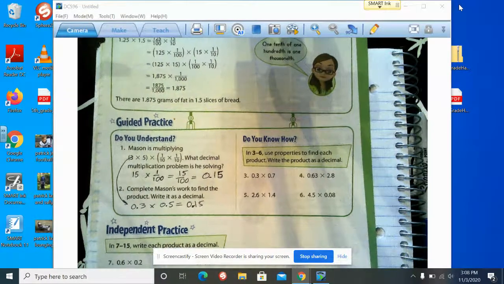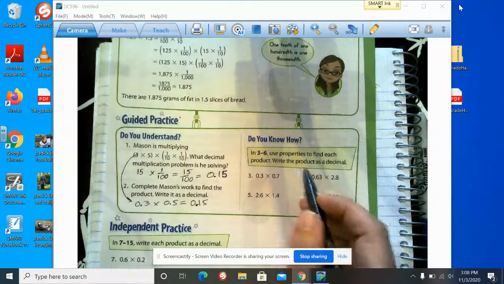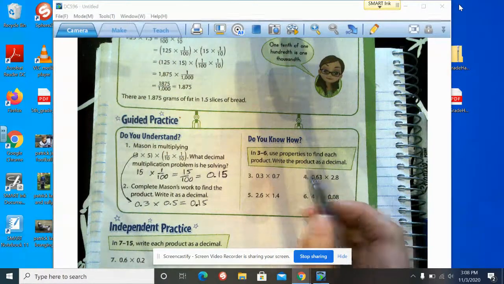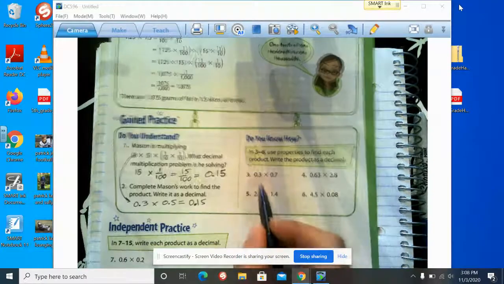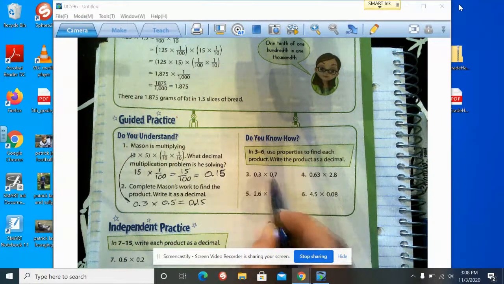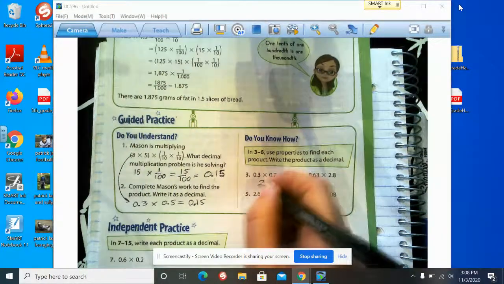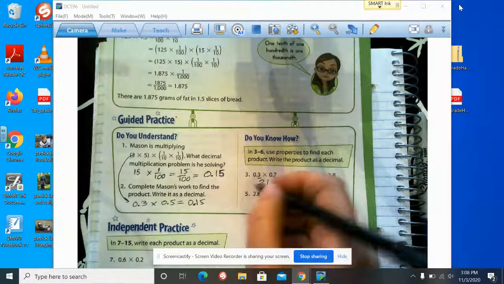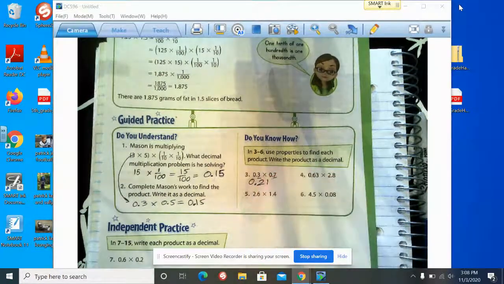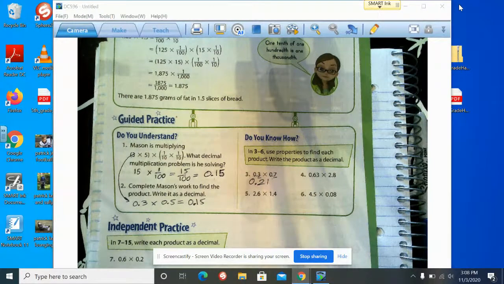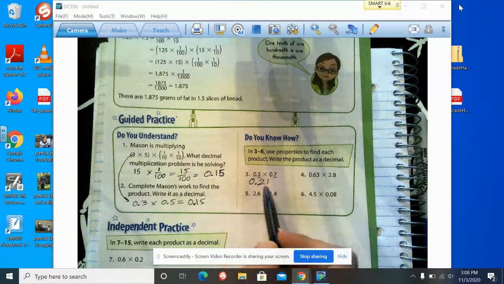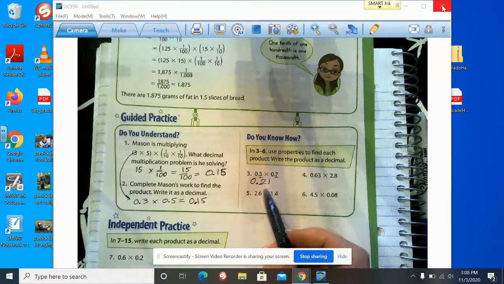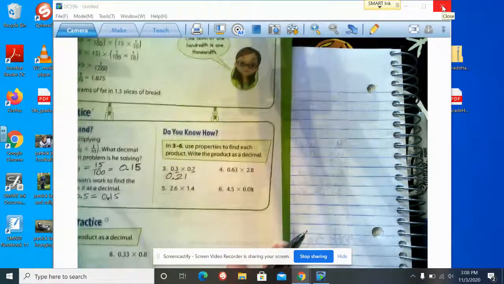Okay. Use properties to find each product. Write the product as a decimal. I'm going to do this one mentally because I know that 7 times 3 is 21. And I really just have to place my decimal. 2 decimal places in the problem, 2 decimal places in the answer. That is the only mental math problem here. The other 3 I'm going to do on lined paper. And I'm going to start with number 4,